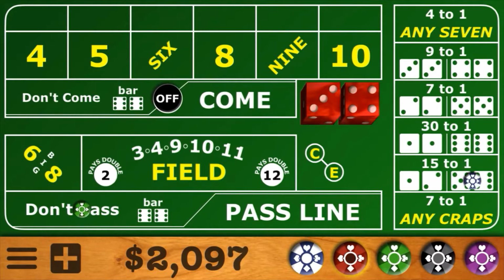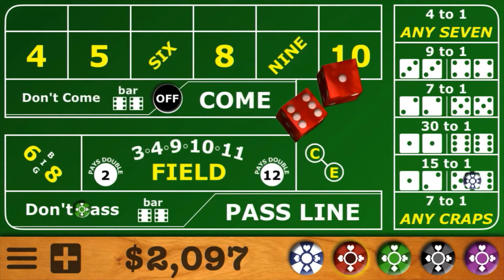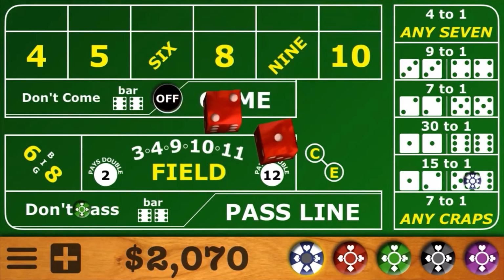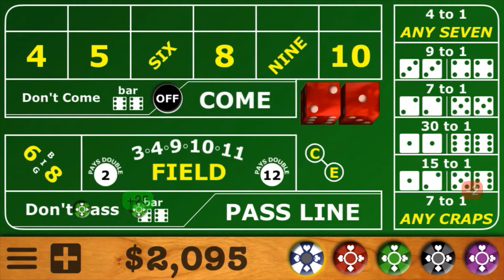So come out roll here we go. And there's the 7 for the 3rd time, so we lose another $27. So we'll put 25 on the don't pass and 2 on the yo, and here we go. There's this craps 3, so we do win $25 on the don't pass. If you throw a 2 or a 3, you win. We did lose the $2 yo, so we'll repopulate that